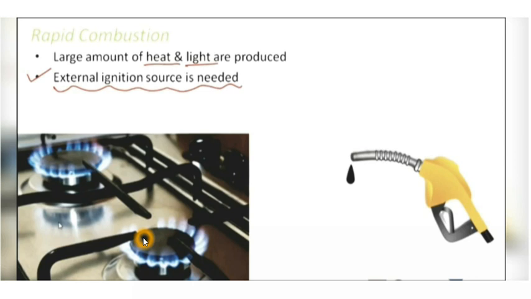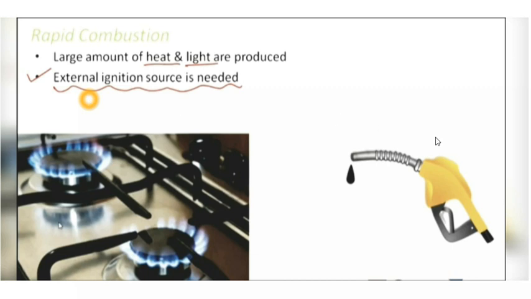So this is a type of combustion that happens very fast. The process of combustion got initiated very fast. It did not take a lot of time, and as a result of combustion, heat is produced. And of course, that heat is enough to prepare your food, right? And also light is produced. In this case, again, you see an ignition source is needed. Here, the external source was a burning matchstick or a gas lighter to ignite it. So for rapid combustion, we always need an external source to ignite a particular substance.